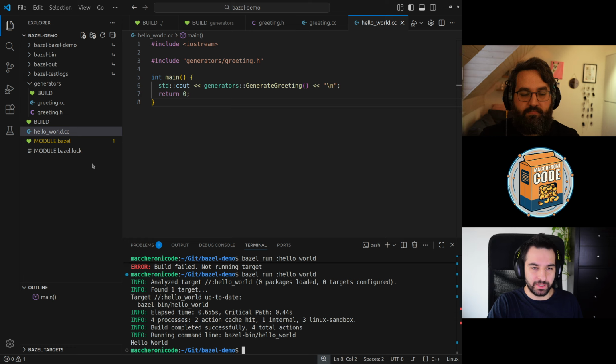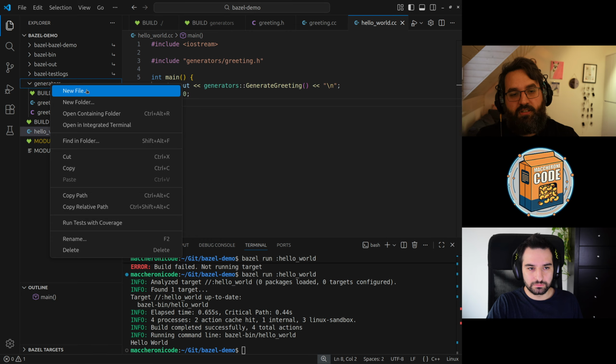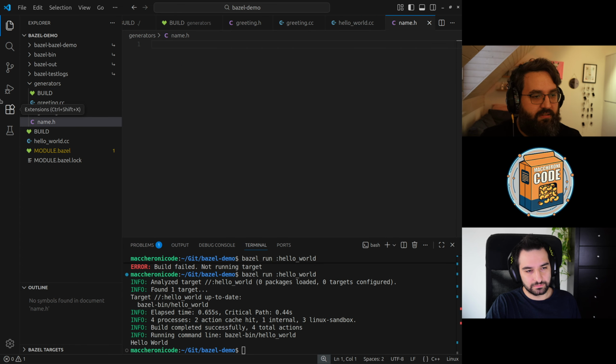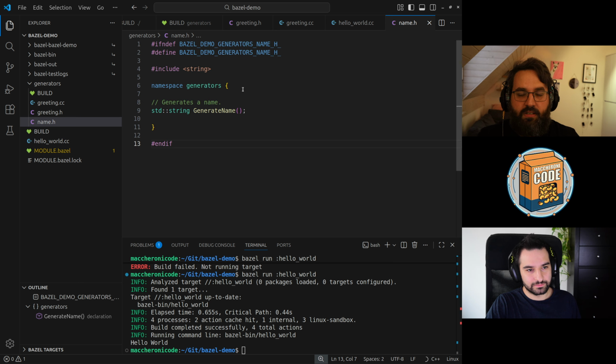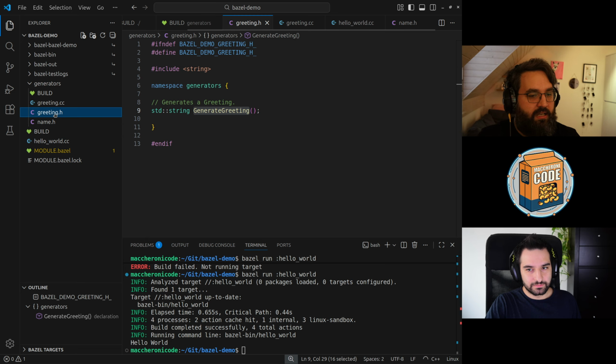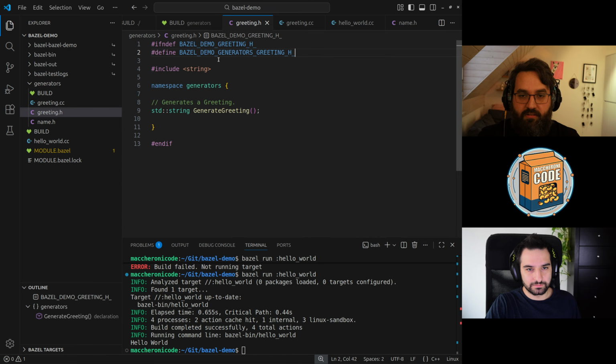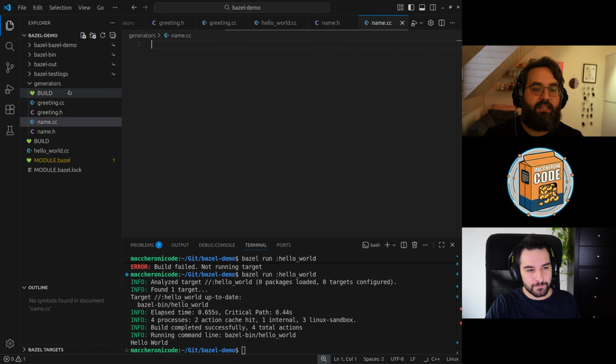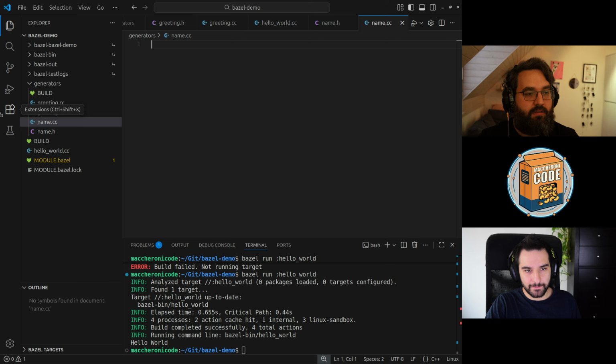So what about the sub-dependencies? Okay, so we can make this a bit more structured, and let's say that this is a greeting generator. We can have a name generator. So instead of greetings, this one generates names, and so it goes here, and you have your generate name folder. And even if I'm here, let me also fix these so that they are correct and aligned. Okay. Great. And we add our name.cc implementation. Perfect.